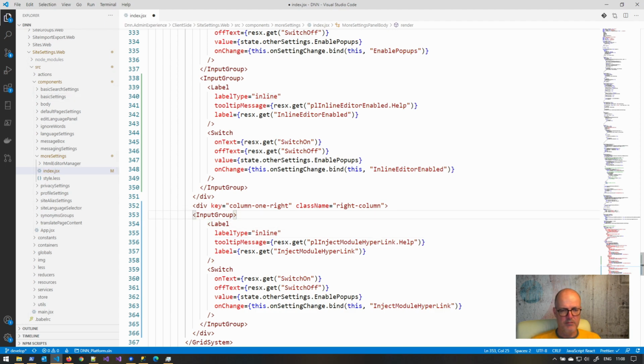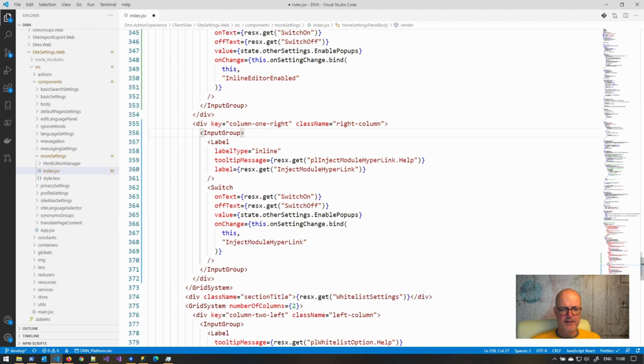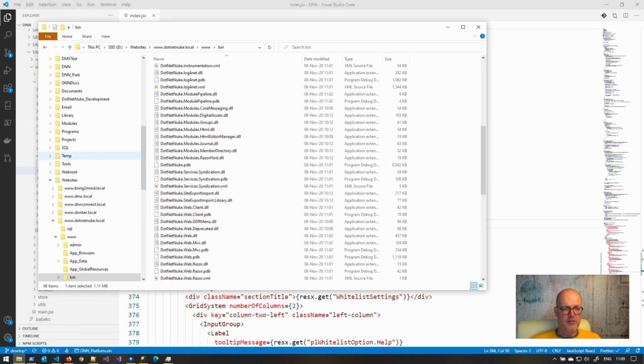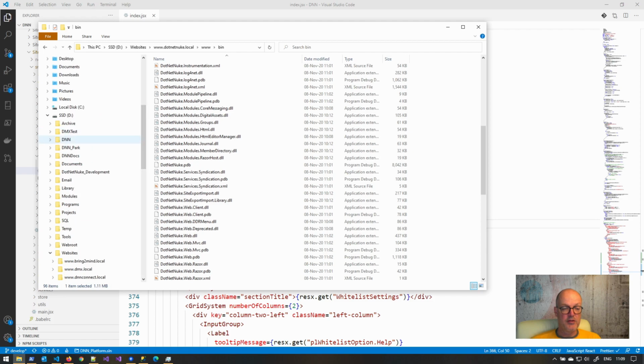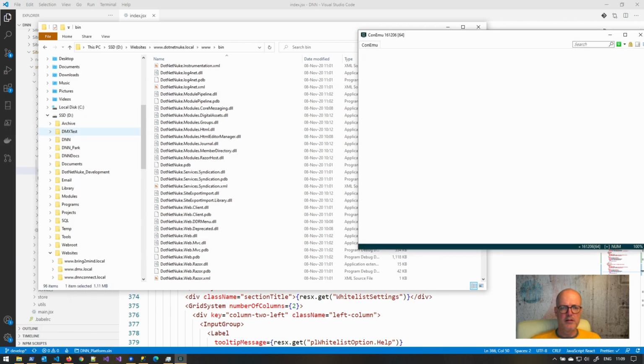Can we format that correctly? Yes, we can. All right. And let's save that out. Now what we will want to do is to build this in debug to the site. So as I've shown in a previous video, what we will do is we will do a